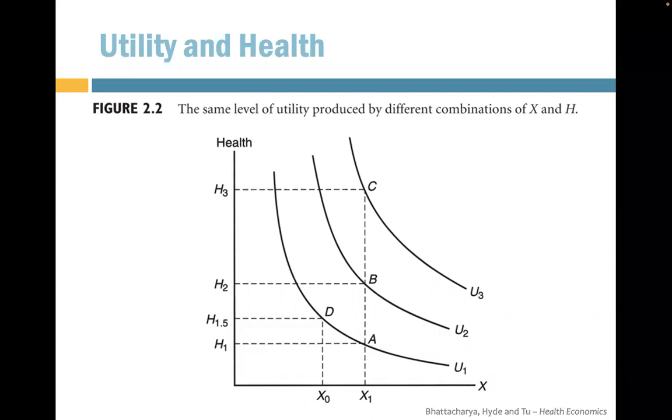So then, if we have a budget constraint, let's say I draw a budget constraint that looks like this, then if I want to maximize my utility, I'm going to buy a combination of health and home goods at point D. That's an engine point. And then that would decide how much health, or how healthy I am.